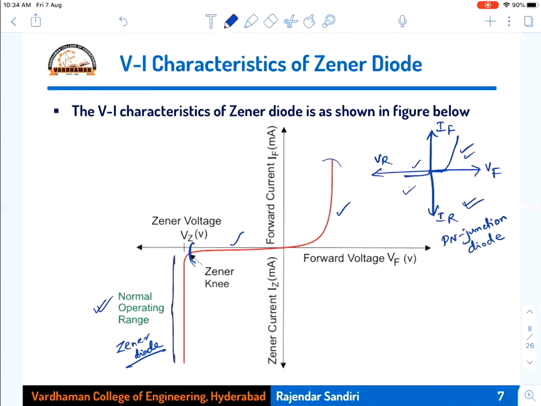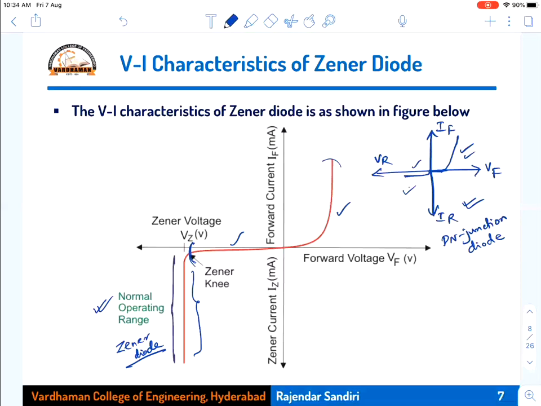But at Zener breakdown, which occurs in this Zener diode at a Zener voltage, the current drastically increases. That is the difference. So if you represent this portion of the graph, then the characteristics will become Zener diode characteristics. If you remove this one and draw only this particular graph, that will become PN junction diode characteristics.